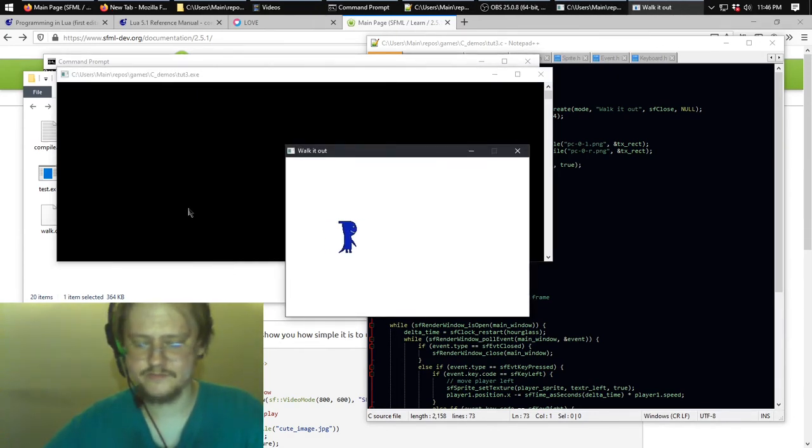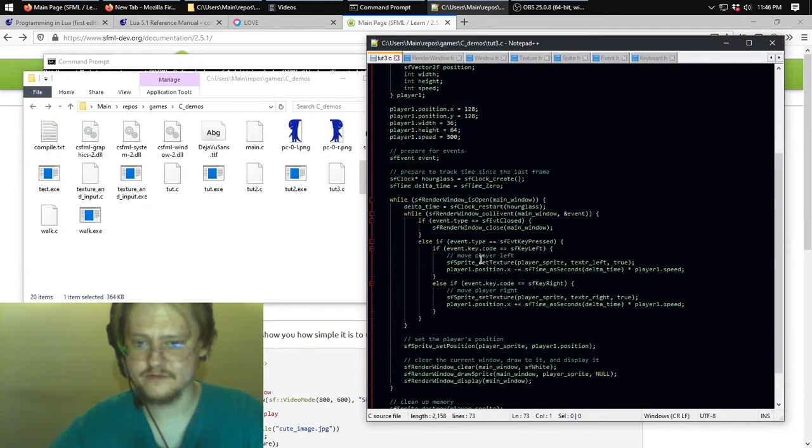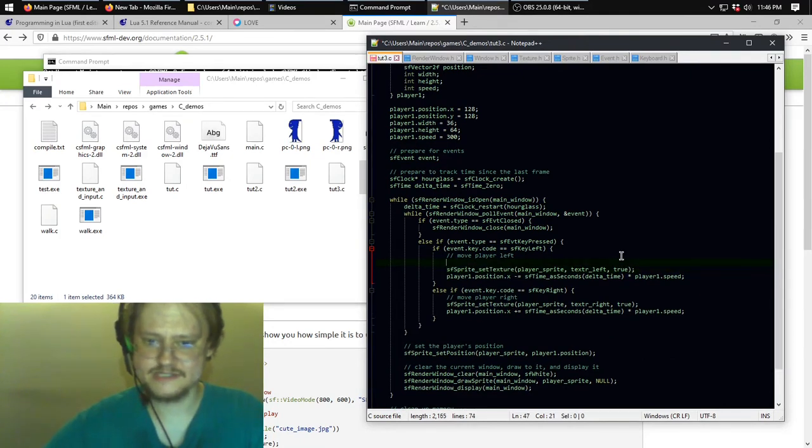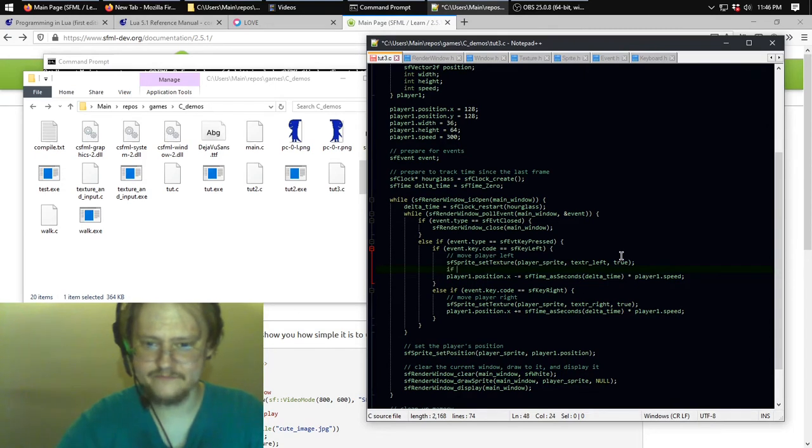Yep, and you see I press the keys and he walks. You will notice he is not on anything. That is because we did not create and place any sprites for the player to be on. You can also walk off the screen, which is a little, yeah. And you know, we can go ahead and fix that right now. We can run the movement if